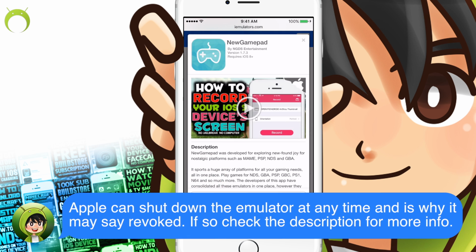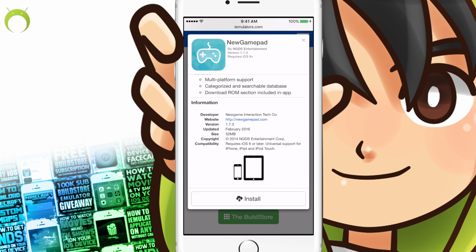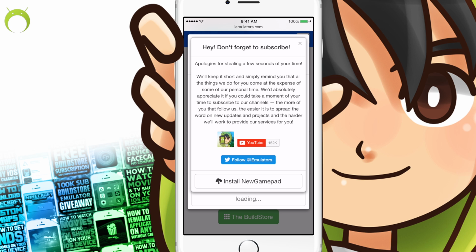If it says revoked, then unfortunately it is not working. Nevertheless, once you click on NewGamePad to install it, all you have to do is hit install,